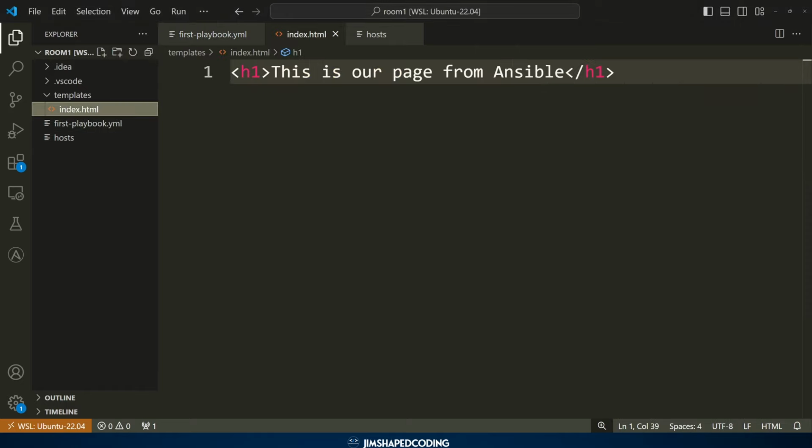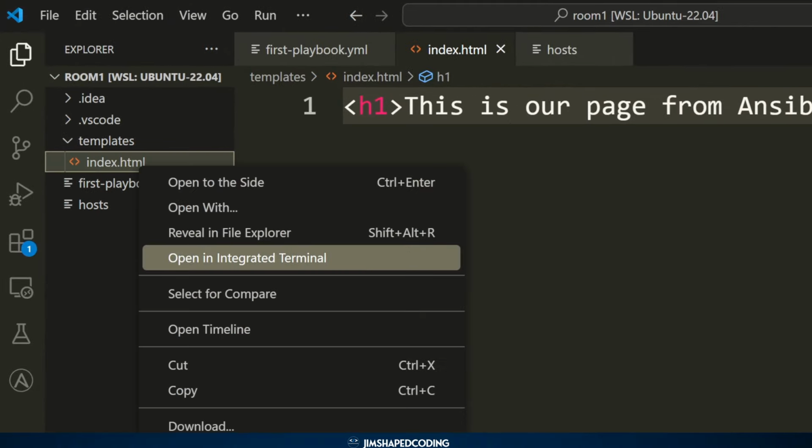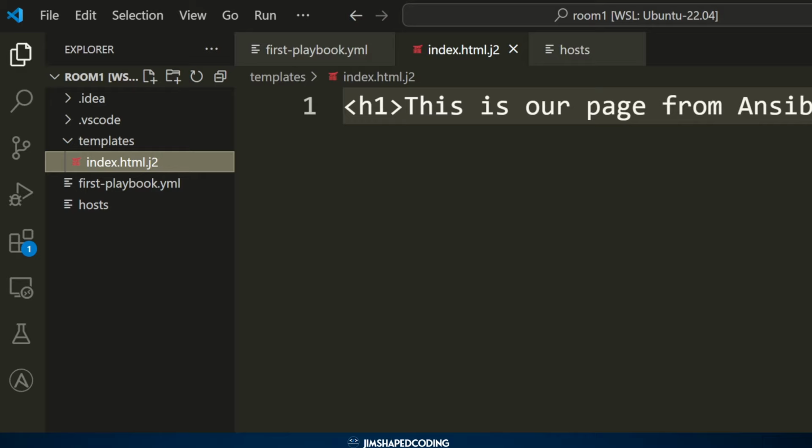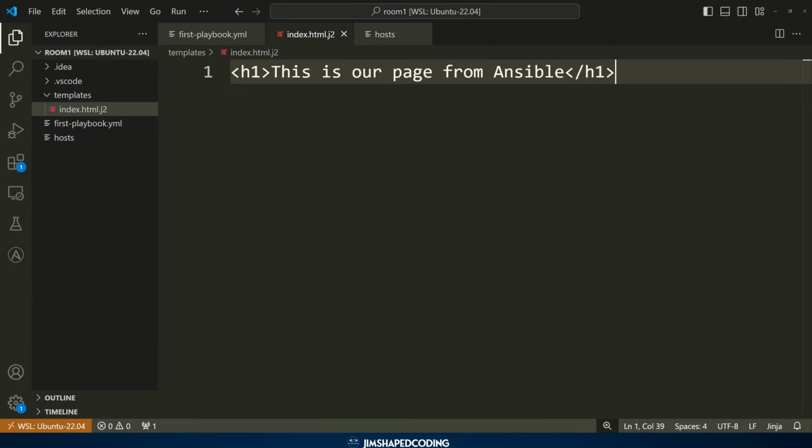What I'm going to do here is rename this file to be index.html, but I'm going to add .j2 here. So we basically change the extension of this file. And right after that, I'm going to go back to my file here. And besides saying this is our page from Ansible, it could have been nice to have an indication about the host name where this Nginx runs from, for example. And so here we could refer to one of the known